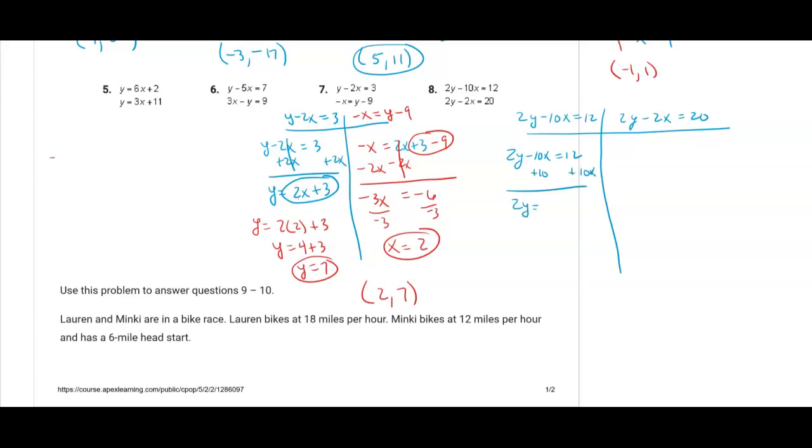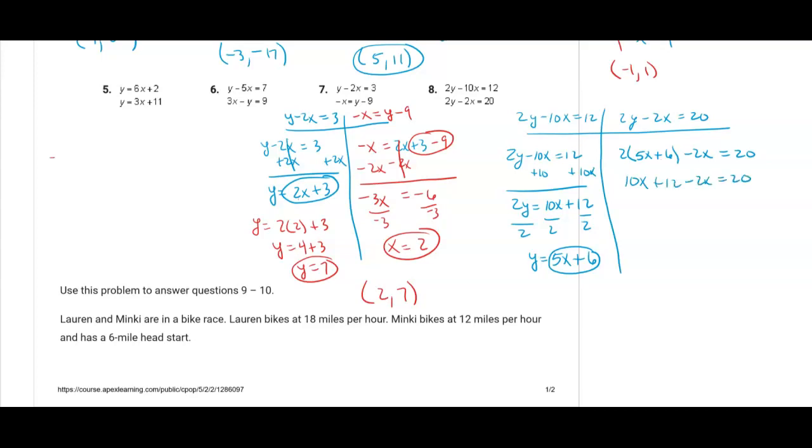First thing I want to do to get y by itself, I'm going to add 10x. It's going to give me 2y equals 10x plus 12. To get rid of that 2, I'm going to divide everything by 2. And I get y equals 5x plus 6. I'm going to take this value of y over here. I'm going to kick y out, replace it with its value, 5x plus 6, minus 2x equals 20. I'm going to distribute the 2. I get 10x plus 12